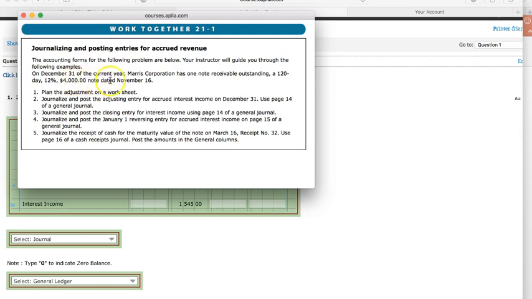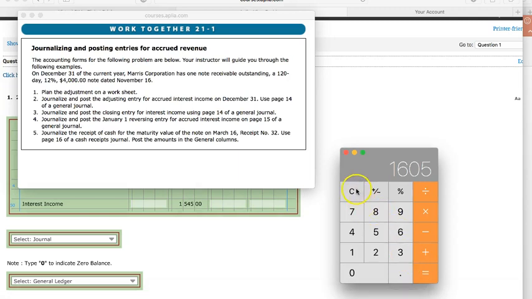It says on December 31st of the current year, Maris Corporation has one note receivable outstanding, a 120-day, 12%, $4,000 note dated November 16th. Now, calculating interest we did in the last chapter, chapter 20, and I included a reference for you in your notes. But let's go ahead and calculate this. The note began November 16th and the year is ending the 31st. So we need to calculate the interest